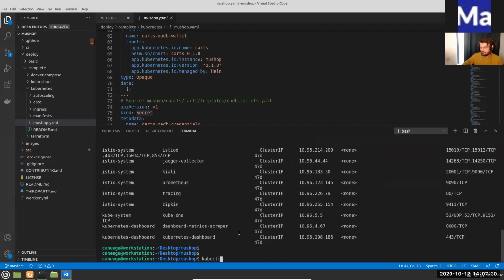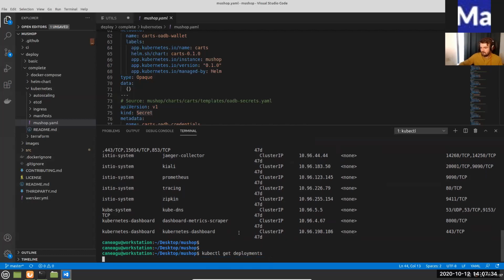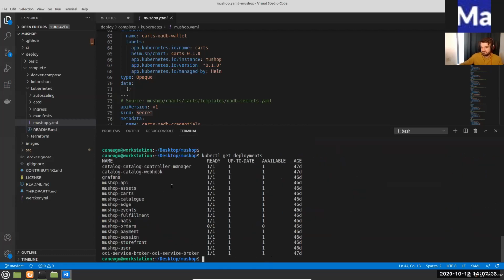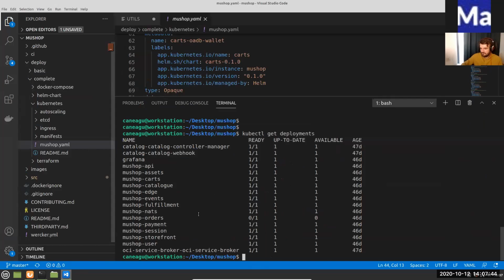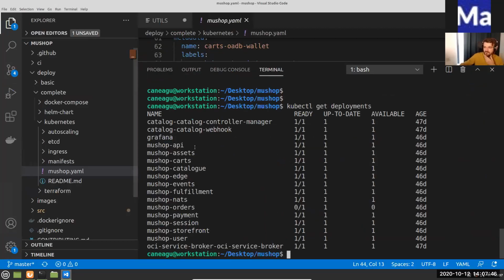Let's take a look at what deployments we have in our cluster. So if you're going to follow the same steps according to the documentation, what you're going to end up with, you can see that we have the Mu shop API, the Mu shop assets, and basically those are the services running in the back of our Mu shop application, right? So these are running in our cluster, and what you can see here is an OCI service broker.